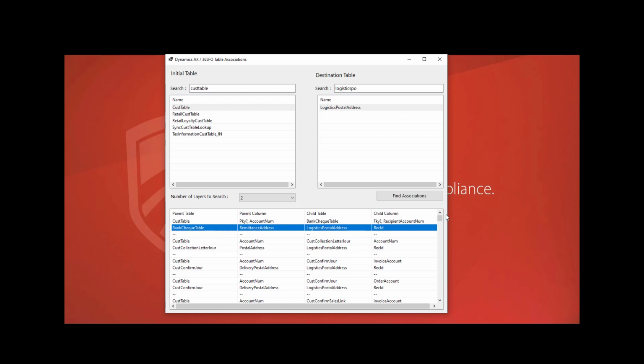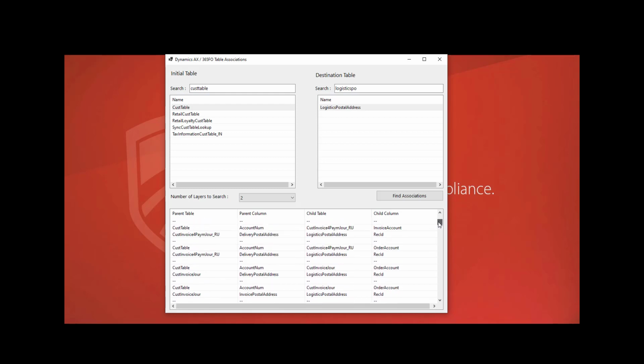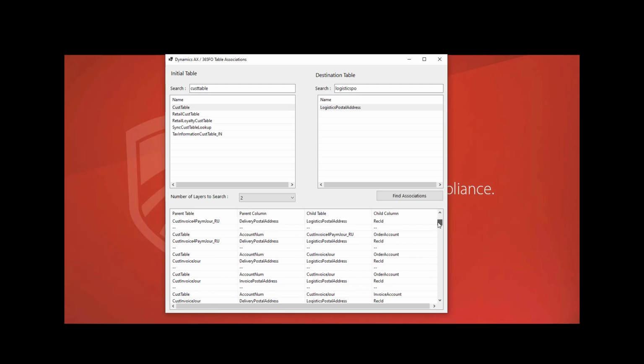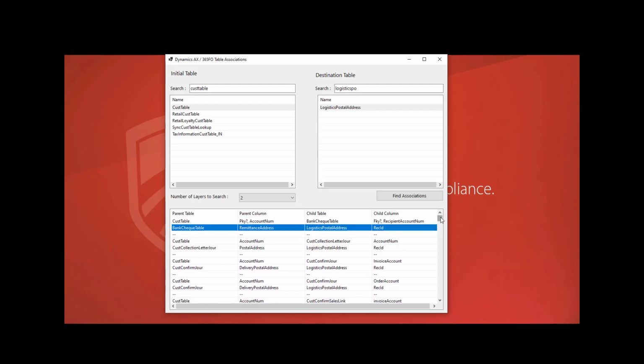You can see we have a number of other different solutions here as well as we scroll through this, right? Because there are a number of different ways to get from the CUS table to the logistics postal address table, which is one of the reasons why I use it as an example here. But we're able to see that there are quite a few solutions here. But what if I have to get to another table in between, an intermediary table, right? This is where you can bump this up to look for additional layers in between